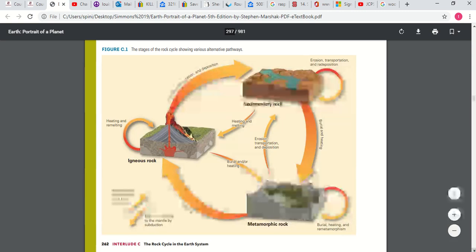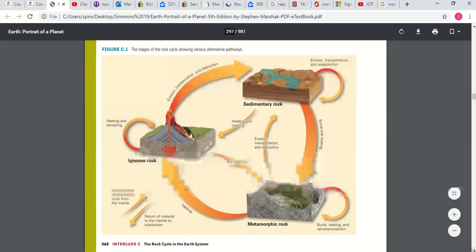And so it's possible that a sedimentary rock could be pushed into the mantle, remelted, and reformed as an igneous rock. How could a sedimentary rock become metamorphic? Again, same process. Sedimentary rocks could be built layer upon layer upon layer, and eventually so many layers that the bottom layers now have so much pressure, and that pressure creates heat, that these rocks can get changed into metamorphic